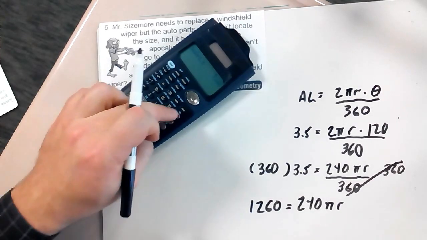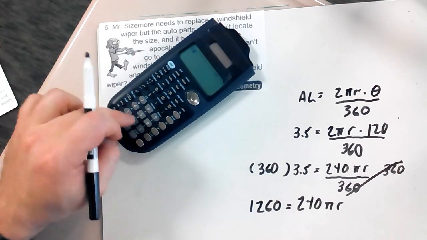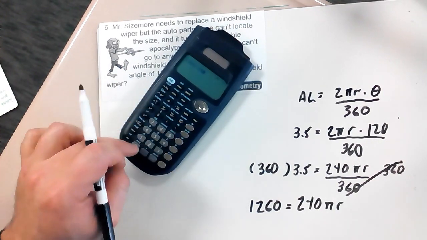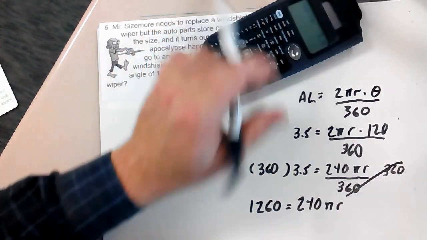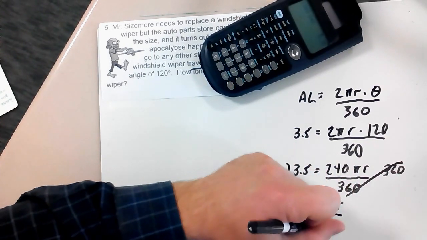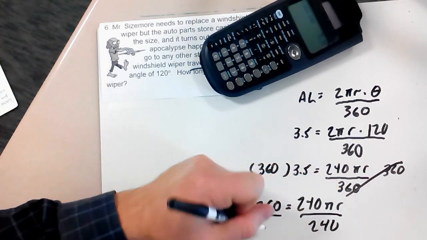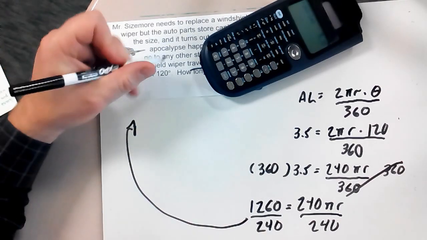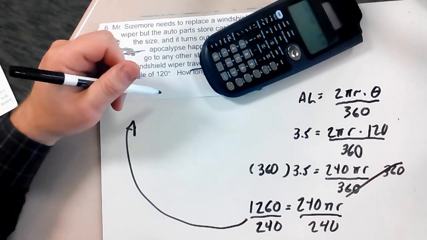Now I'm going to divide by 240. I'm doing this a little backwards, guys. Sorry about that. And now I get